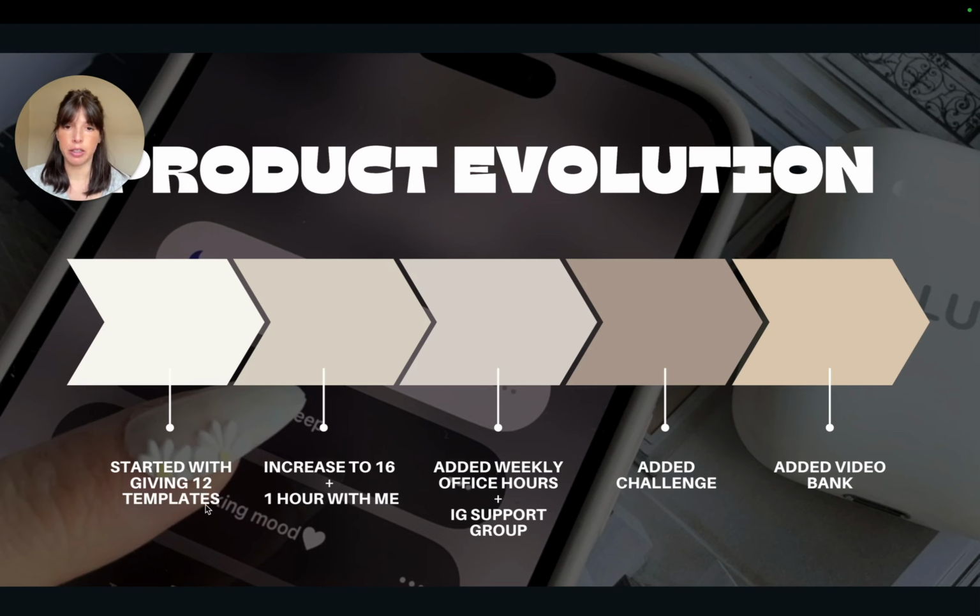improve their content. Then I added a weekly office hour because I saw that people were not using the one hour with me as much as I was hoping. So I decided to make the most of everyone's time and just go on for one hour. It also felt really good for the community, so people can talk with each other, hear other people's problems and solutions, and maybe brainstorm with the people on the call and get help with all the things